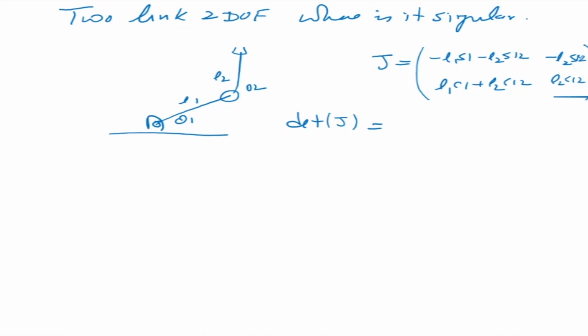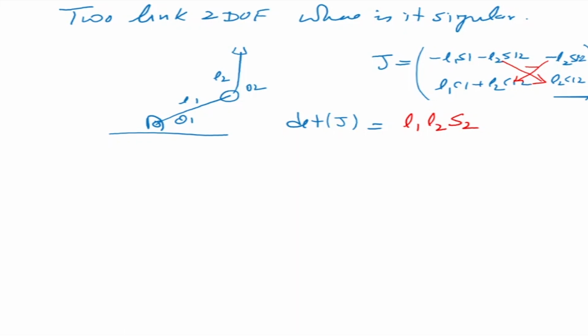Now, what is the determinant of this Jacobian? How do you find the determinant? You know how to find the determinant. You can multiply this into that minus of this into that. Okay, this is a 2 by 2 matrix determinant. So it looks like there are sine terms and cos terms, but when you multiply it out, theta 1 cancels out, and we get L1 L2 sine theta 2 as the determinant. Okay, so it's interesting that the determinant of this matrix containing so many terms is actually L1 L2 sine theta 2.